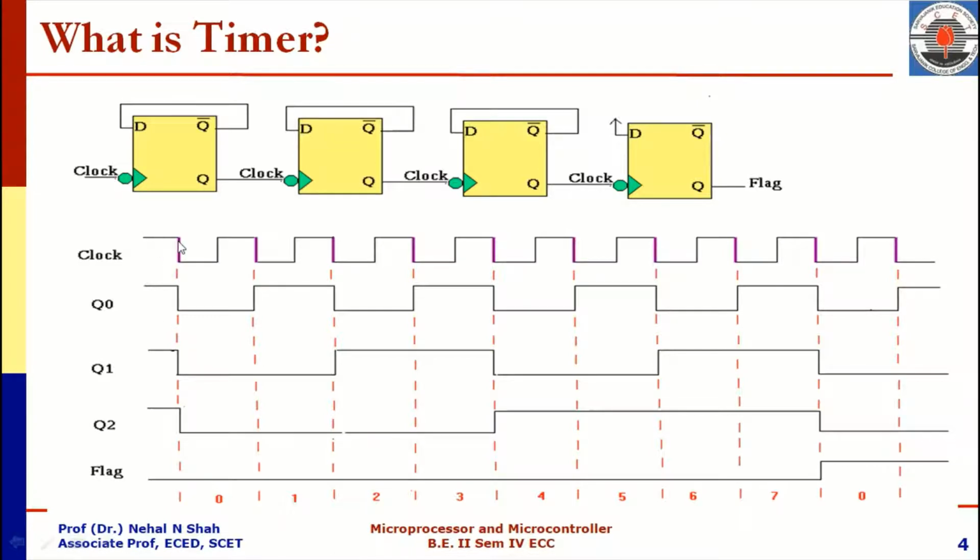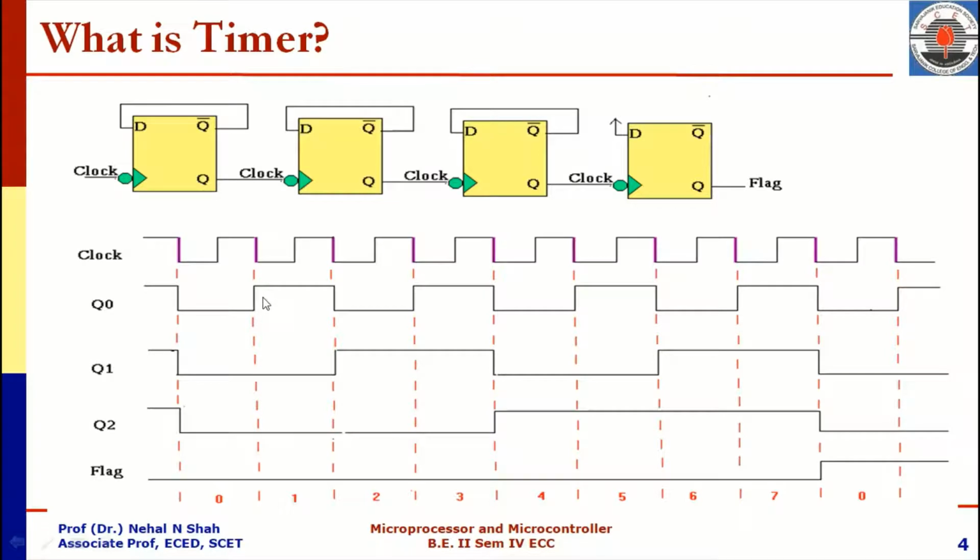Original clock, which is provided through the external source to this left hand side flip-flop, you can observe that one time interval is shown over here with this red dash line. You can observe that with every negative edge of the external clock, this Q0 is toggling. So with first edge, Q0 is becoming logic low. With second edge, it is becoming logic high. And then these events are repeated with every negative edge of the clock signal.